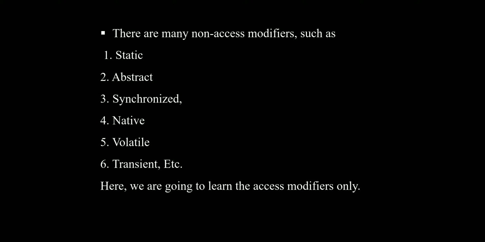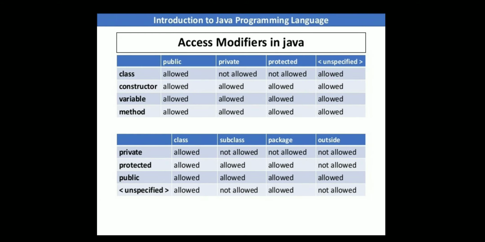Here we are going to learn the access modifiers only. We have to focus only on the access modifiers to get the accessibility of the class, field, method or the constructor. Here one diagram is there to show the